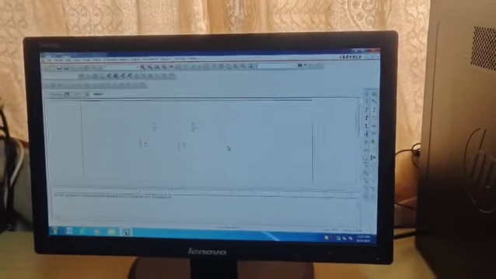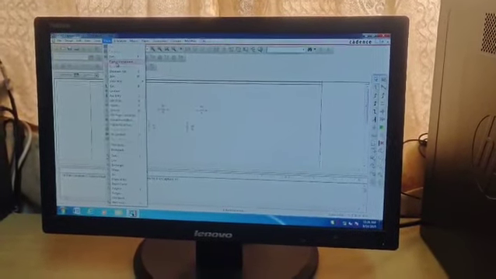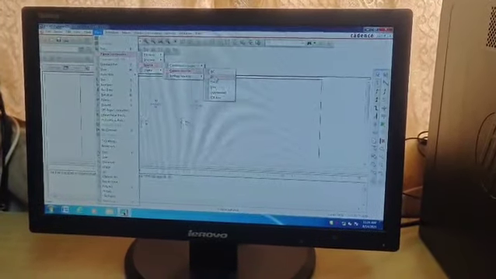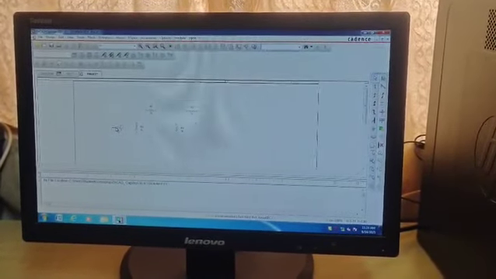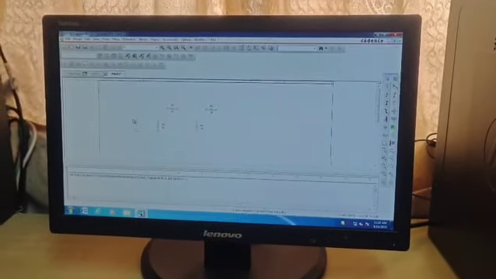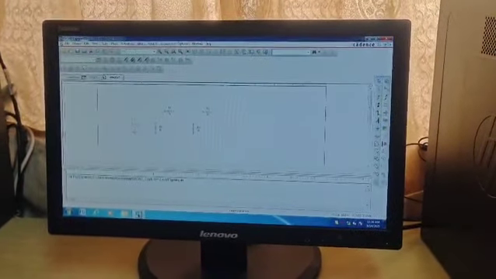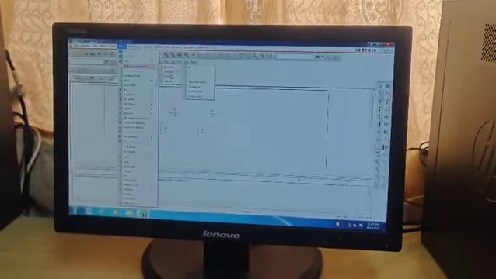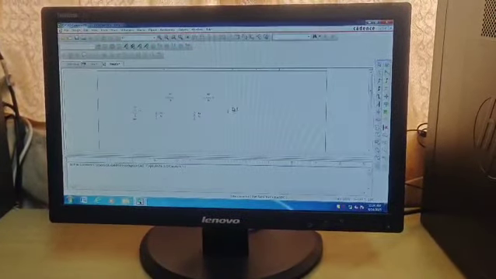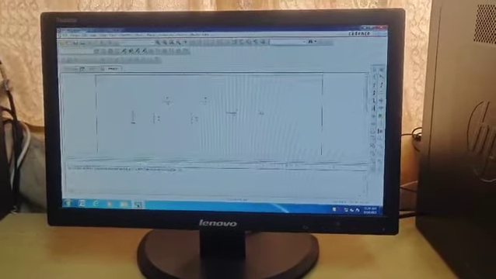Now I have to select 2 sources. One is a current source, and another is a voltage source. Again you go to place, piece-wise component. You will have source, current DC source. You select it, and if you press Ctrl R, it will get rotated. So I am pasting it here. Then as usual escape, you can come out of the current source mode. Then again go to place, piece-wise component, source, voltage sources. In that I am selecting DC. So here I have to paste. Now I have finished the selection of components for the circuit.